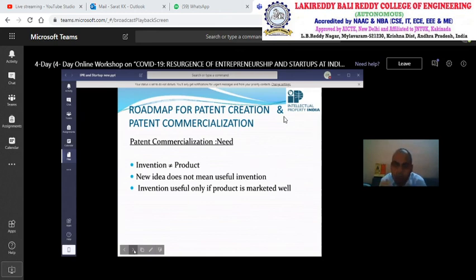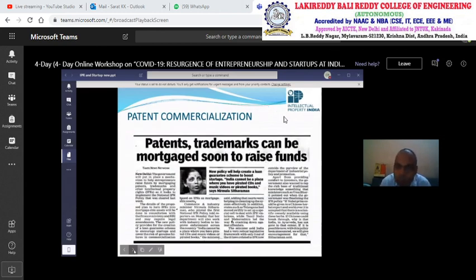So what are the different paths we need to cover during patent commercialization? See, recently our Indian government is now providing the particular loan or fund required, by mortgaging your patent, your trademark, whatever intellectual property you have. After mortgaging, you can get the loan from any bank or any investor, or through any merger.